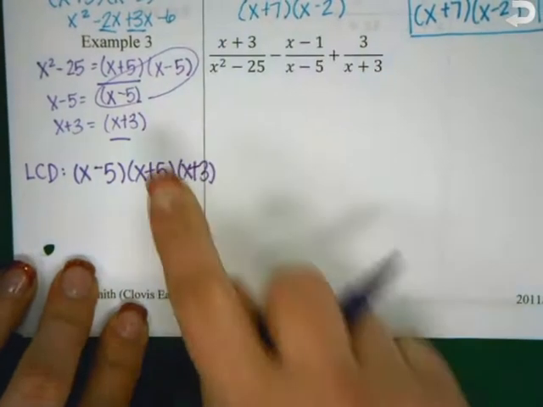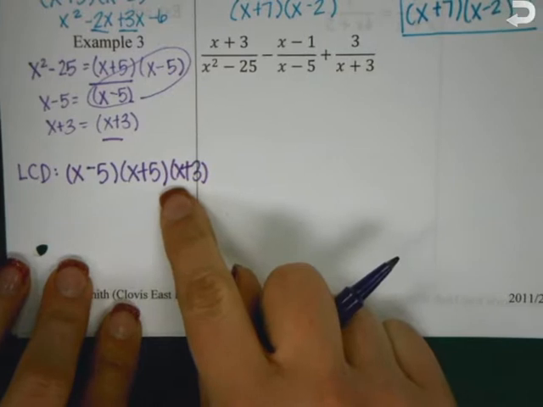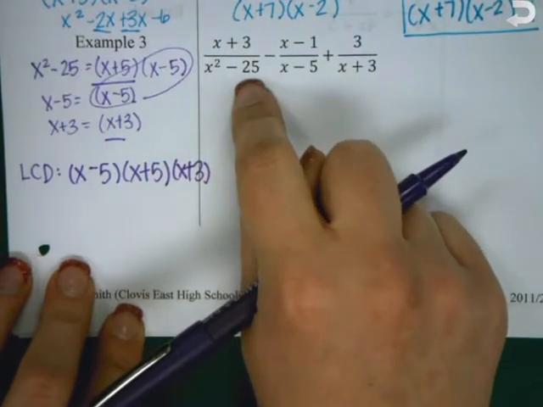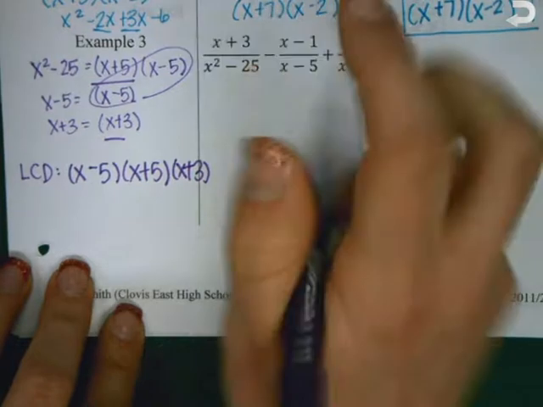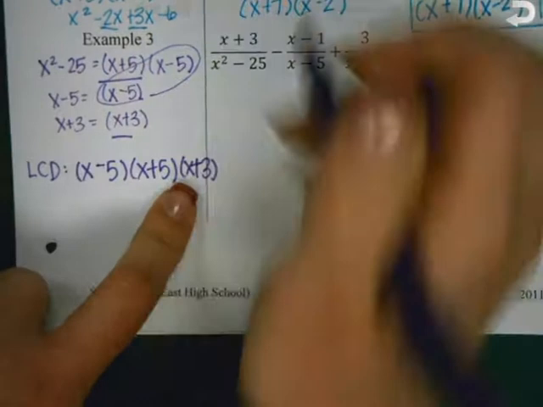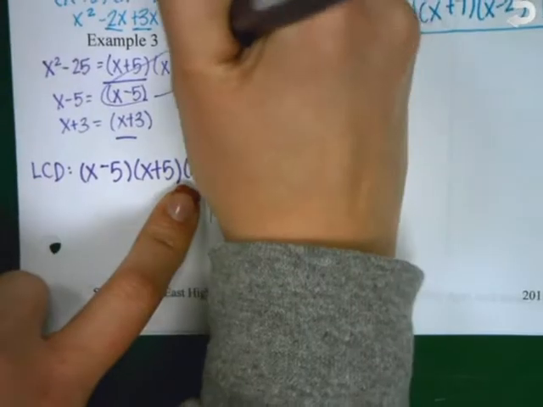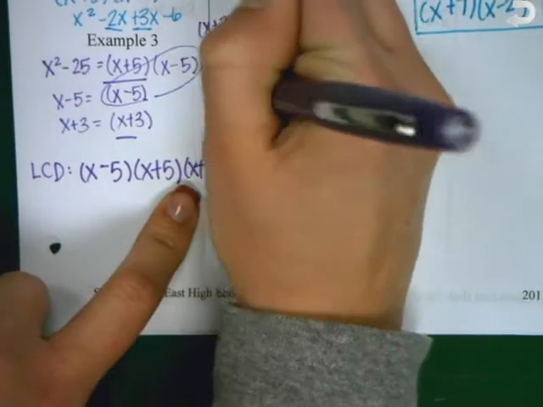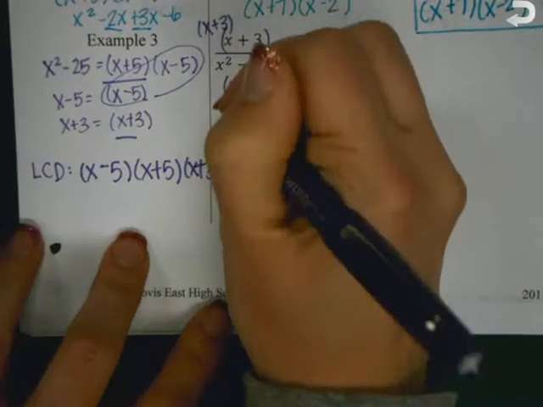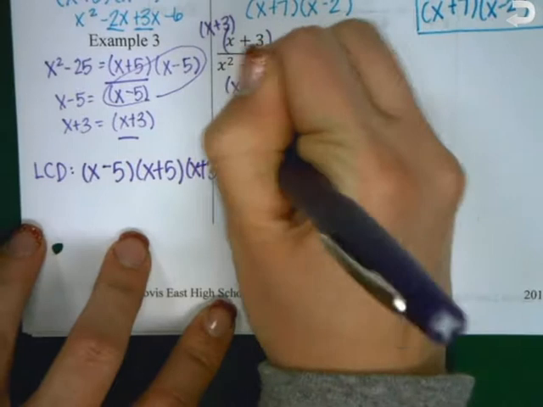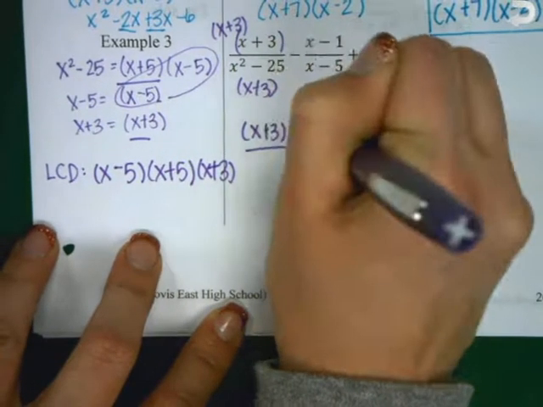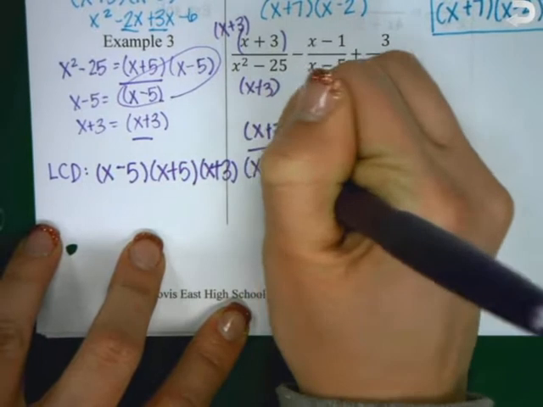So what is this first term missing here? x - 5? No, it has an x - 5. It's only missing x + 3. So let's multiply the first term by x + 3. That's going to make this first one (x + 3)(x + 3) over (x + 5)(x - 5)(x + 3),